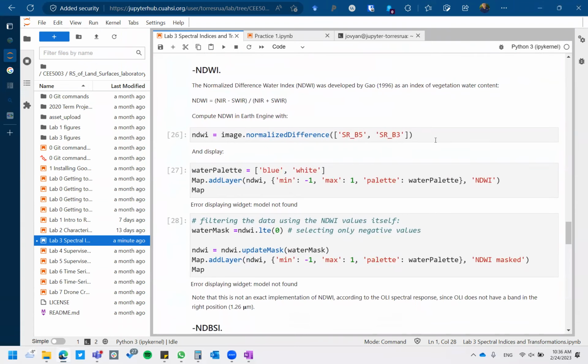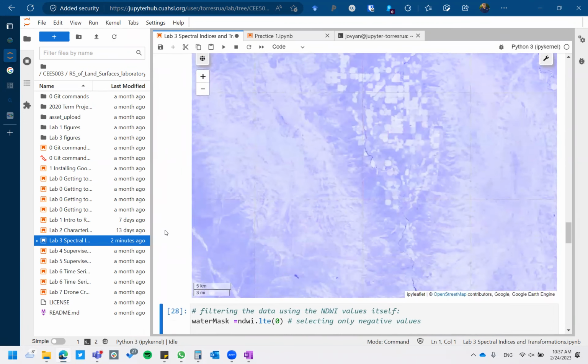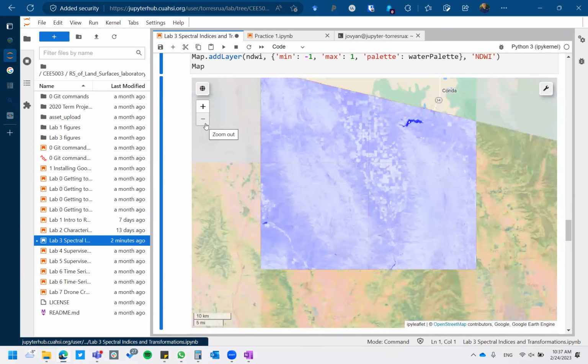Okay, the next index is for water. The next index is to determine how much water is in the plant or the soil. The normalized difference water index is going to use one of the shortwave bands, the one at 1.4 microns, and is going to use the red band. So it's going to relate water and chlorophyll. Let's run it. Let's add it to our map. Let's zoom out to see